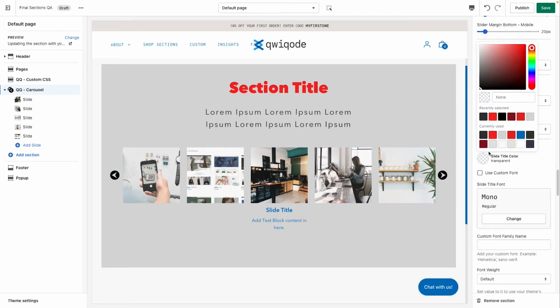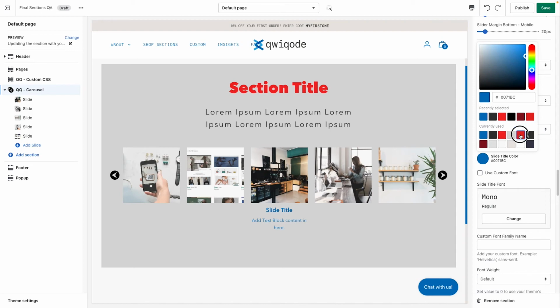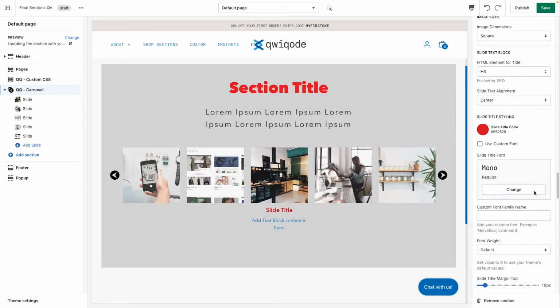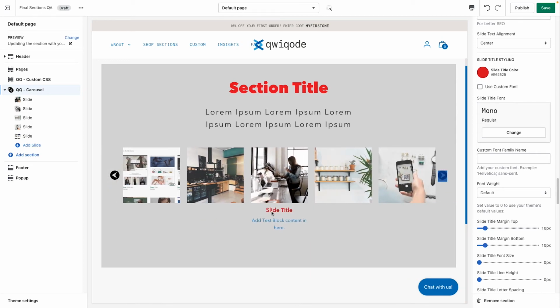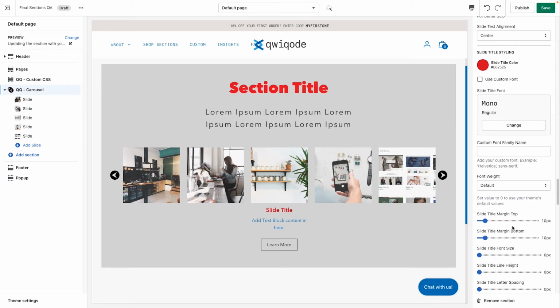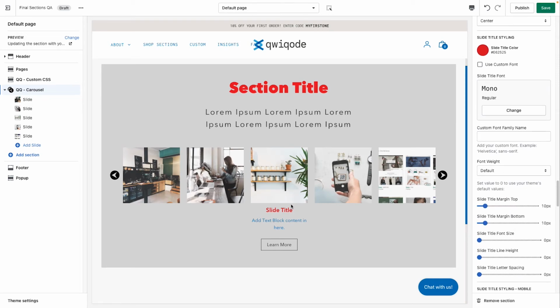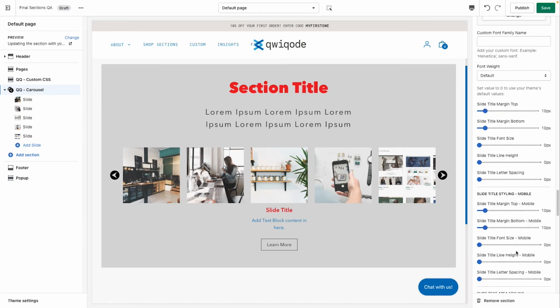Setting the title color, like that. This would work on all of the slides, so you don't have to do it separately or individually. Set the font weight, the margins of the title itself above and below, the font size, line height, letter spacing,